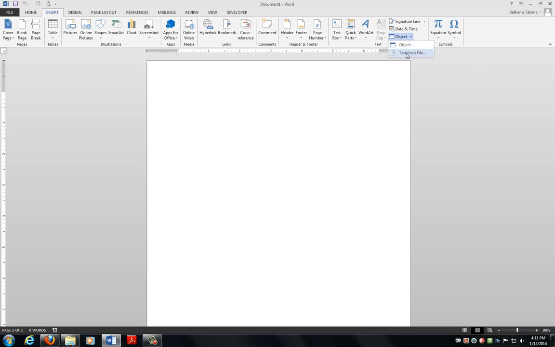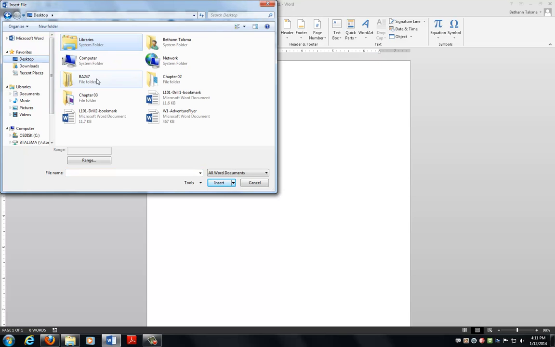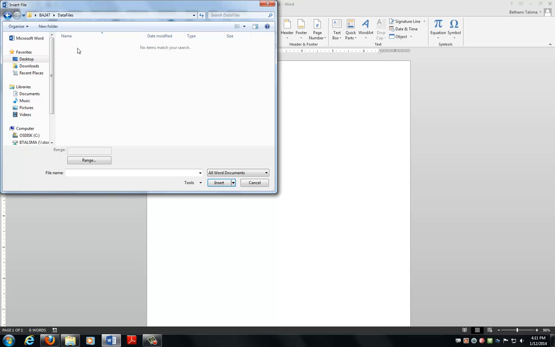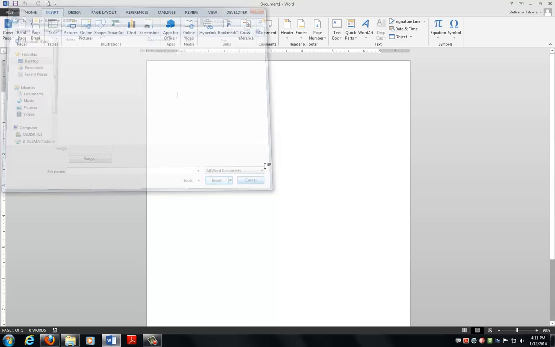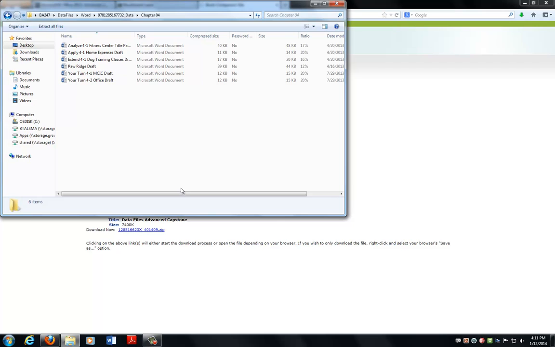I go to Object, click on Text from File, and now go to that same folder on my desktop, BA247 data files. There are no subfolders here. That's because what I'm saying is you cannot insert from a zipped folder. So you can be highly confident that you downloaded everything, but it won't show up in that list of files to insert until you unzip it. So here's what I'm going to do. I know for a fact that in Word Chapter 1 we are going to need the